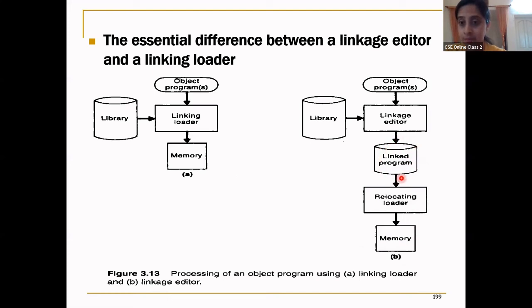As I have a linked program stored, whenever I execute my program, if there are no changes in the program, then you just have to call your linked program from this phase. Why start again compiling everything? It's already linked and generated. You're executing only at the last stage, which is nothing but the loading address.